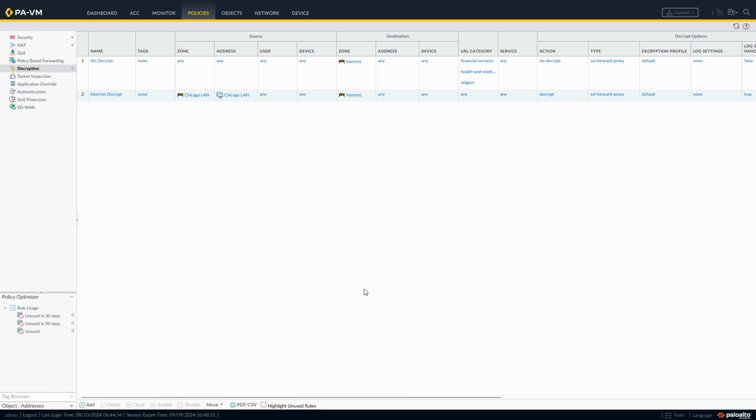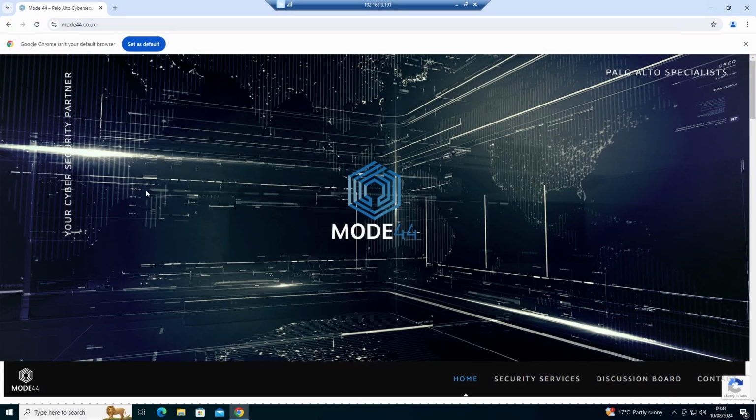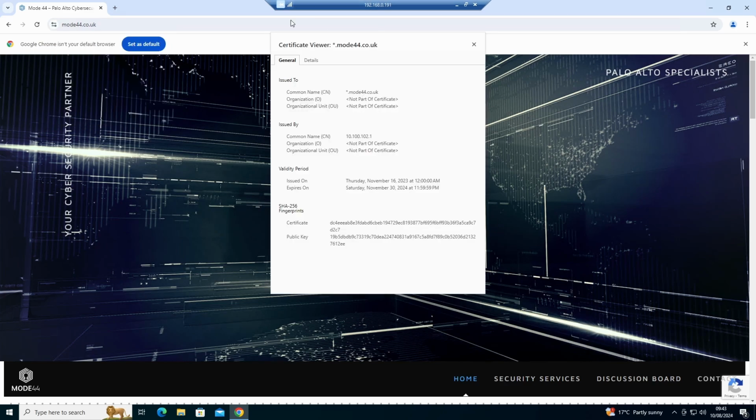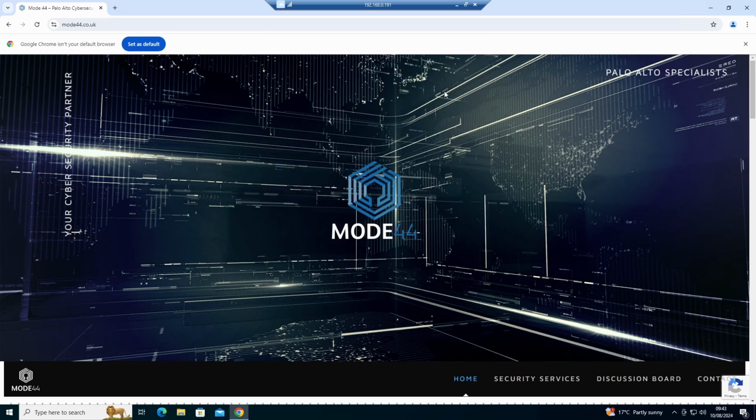So if we go back to the desktop for a second and have a look, we can check the certificate here. The certificate's valid, and we're going to look at our certificate. I'm going to see that the certificate has been issued by 10.100.102.1, and the common name is mode44.co.uk, which is the certificate, but it's been issued by this, and that's because we're essentially splitting the